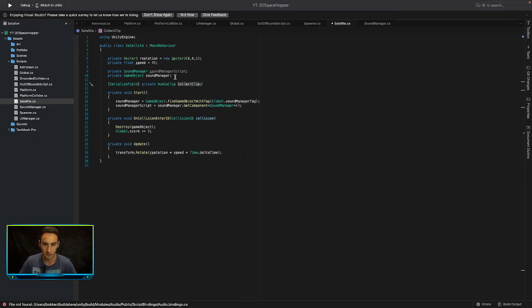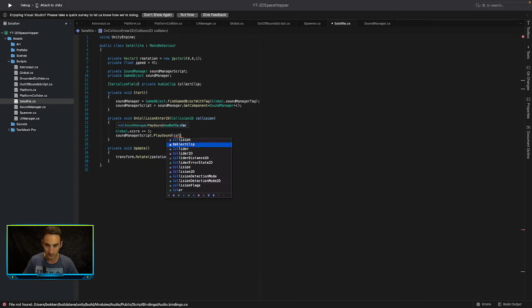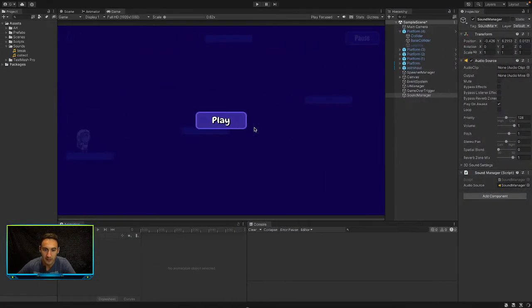So what do we want to do? Sound manager script. So the next thing we want to do is in our on collision enter here, after we've added in points, we want to go and say sound manager script dot play sound with our collect clip, like that. So that's all we need to do, and the only thing we have left now is to go back to our prefab of our satellite, if we have one. Hopefully we should do,